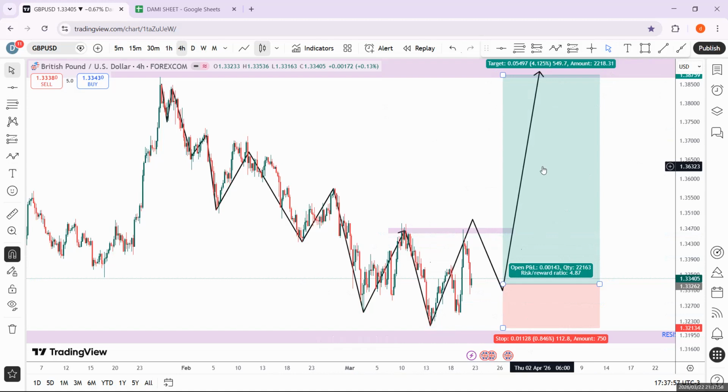So now this week we should get an entry with either the change of character, which is this, or the 78.6 entry. So one of the two should give us an opportunity this week on GBP/USD, and we'll be looking to make money with that. Hopefully,